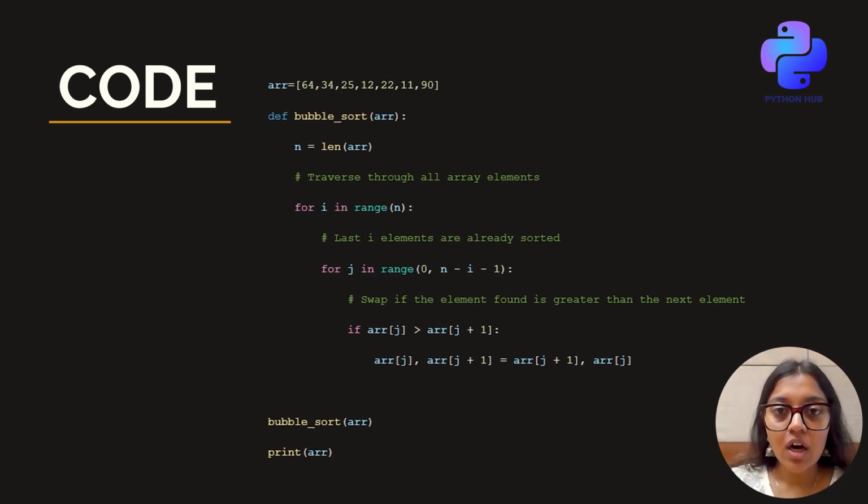We use a for loop to go through each element of the array. The loop variable i ranges from 0 to n minus 1. Each time this loop runs, we place one element in its correct position from right to left. So the last i elements are already sorted. This means we reduce the number of elements we need to check on each pass, making the bubble sort